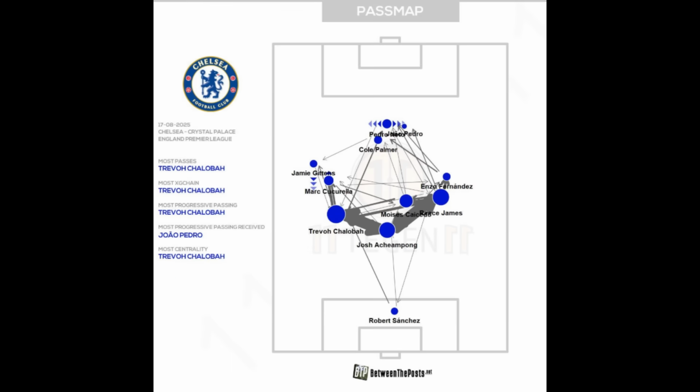Now, looking at this clip here, you can see the average positions of the ball movement of Chelsea, and what you can probably see is something like a horseshoe, a U kind of effect. And what you notice is that the half spaces have actually been left blank in this kind of an attacking